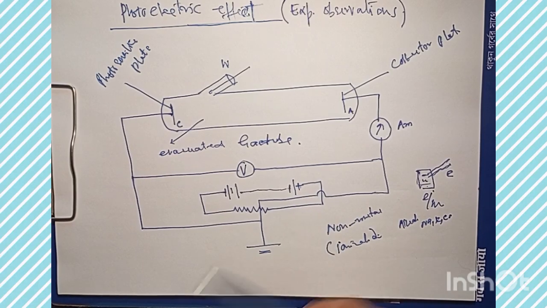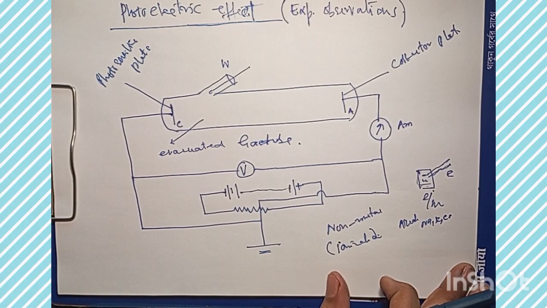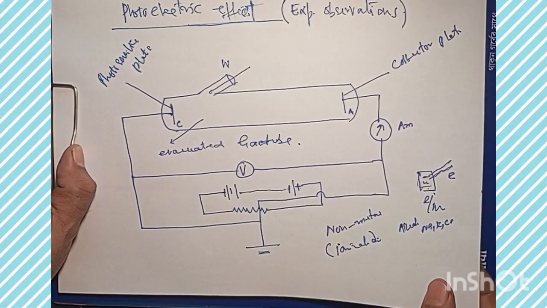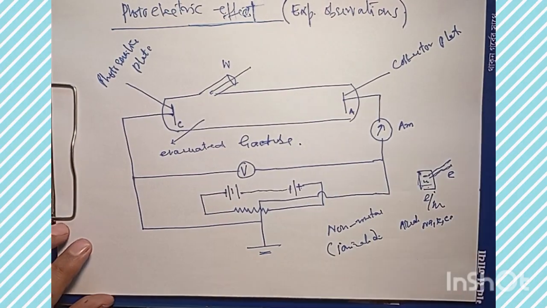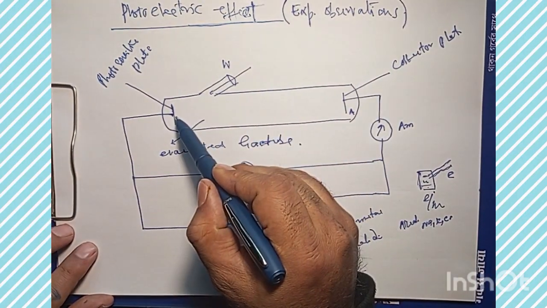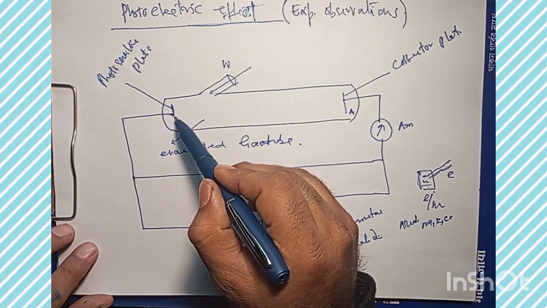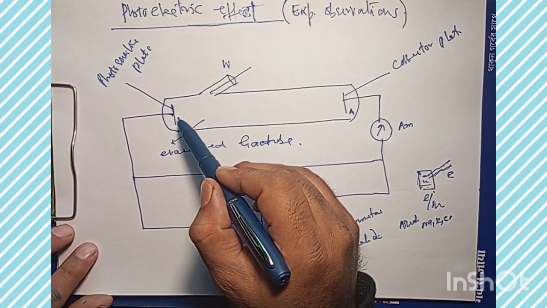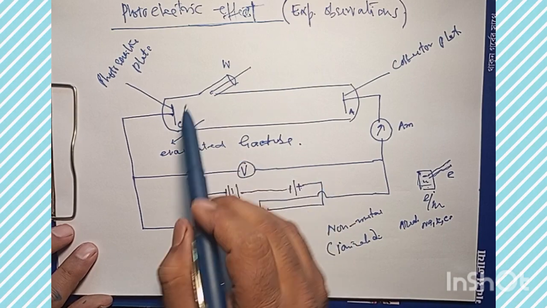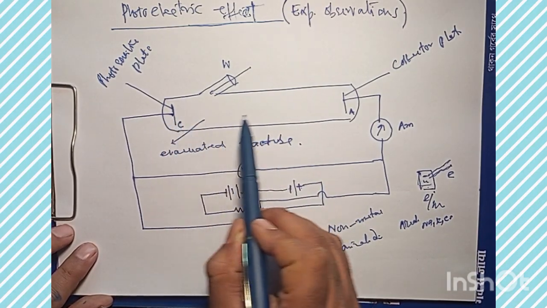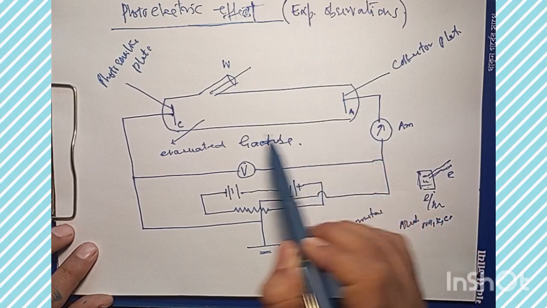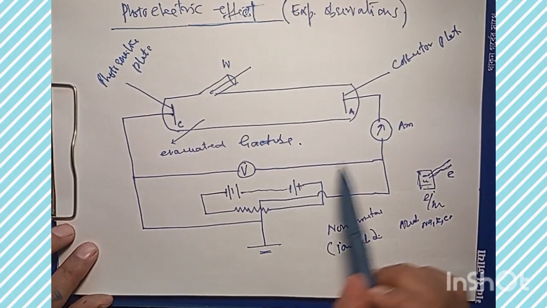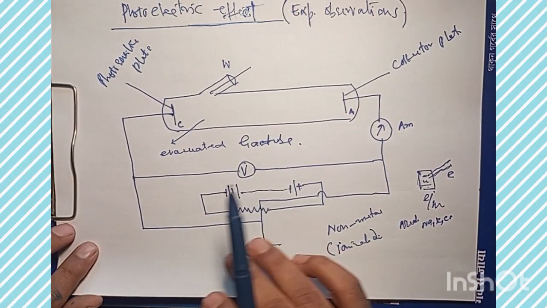Now, to discuss the very first important parameter of this experiment: when light of suitable frequency falls on this plate, which is named C in our case, we see that there is ejection of electrons, and these electrons are attracted by the positively charged plate, and then we have a measurable photoelectric current